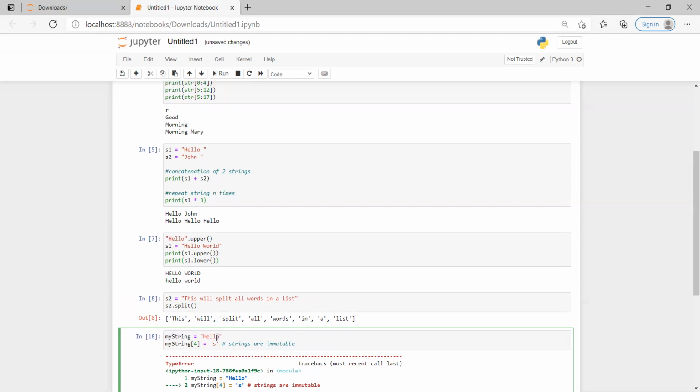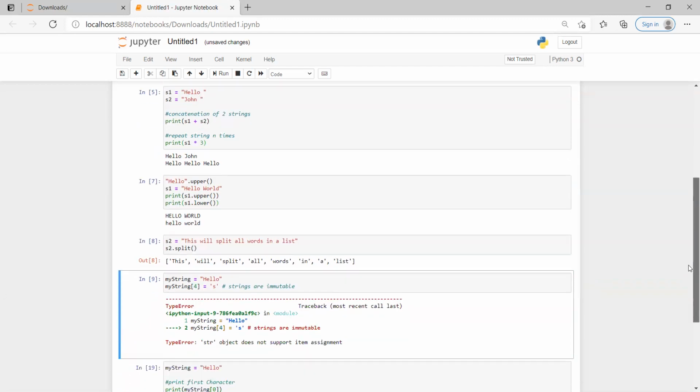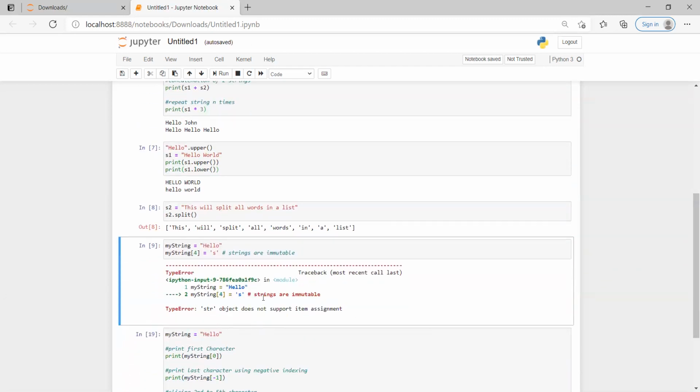Now I want to change the O to S. I'm taking the index of this, which is 4, and trying to change it to S. When you execute, it gives an error saying the string object does not support item assignment. That means once you assign a value, you are not able to modify it.